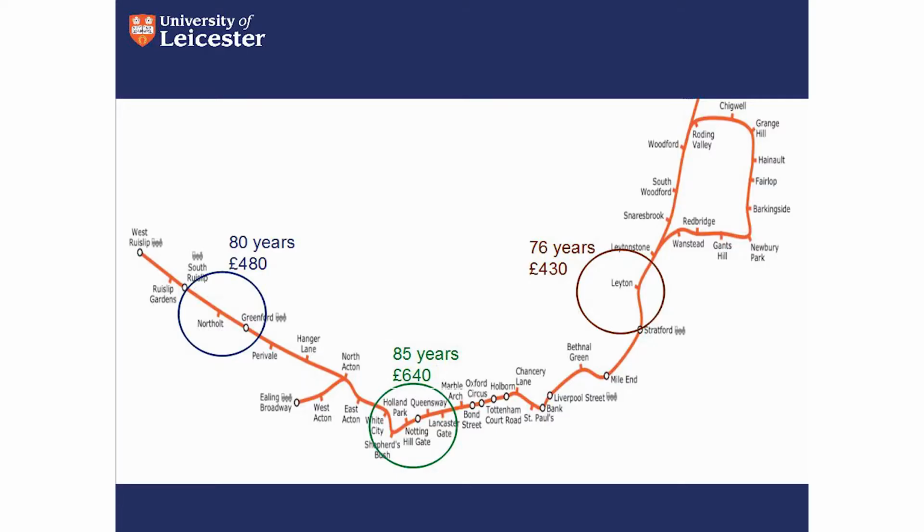I teach a lot of undergraduate and doctoral students, but I often teach undergraduate students about social justice issues in education, and I rely quite heavily on using secondary data in order to do that. And this is just one way in which I illustrate that. This is about social inequalities. This is the Central Line, the Tube line in London, and if you've been on the Central Line, it's probably not a very pleasant experience, particularly in summer. But this is a snapshot.